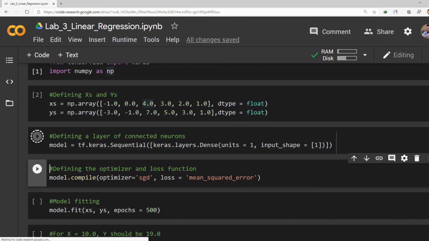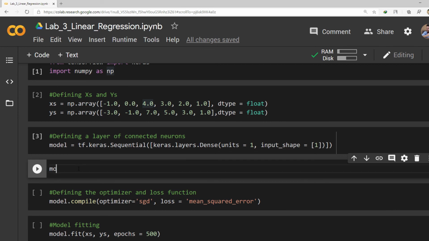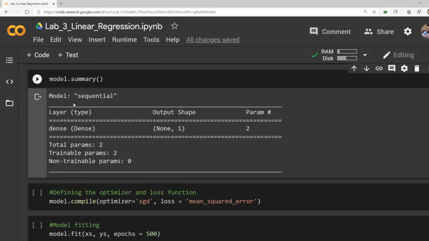Let's run this. So the model has been defined. If you want to see the summary of your model, you can write model.summary. So this is the summary of your model which you have defined.